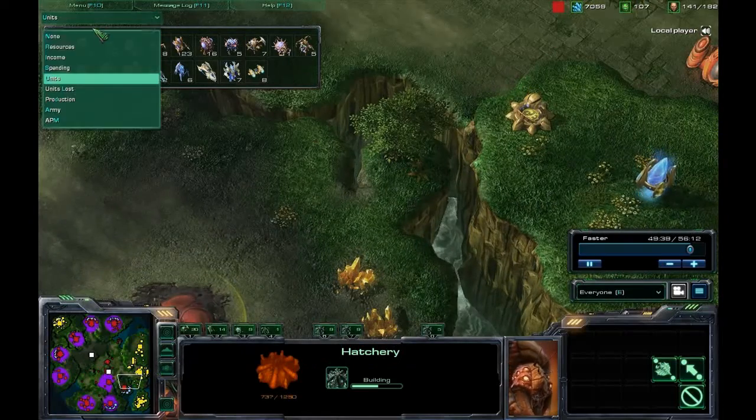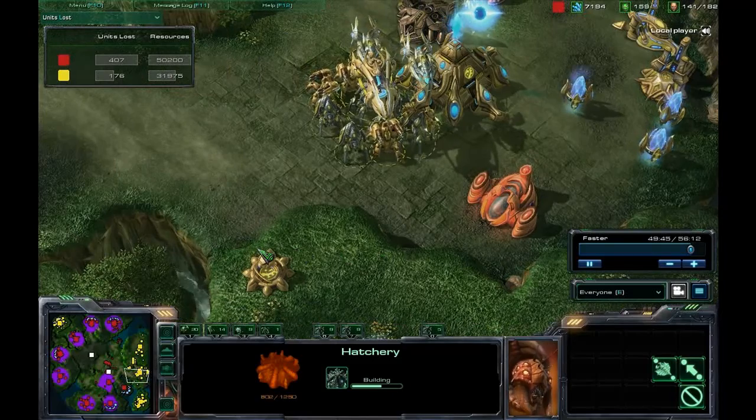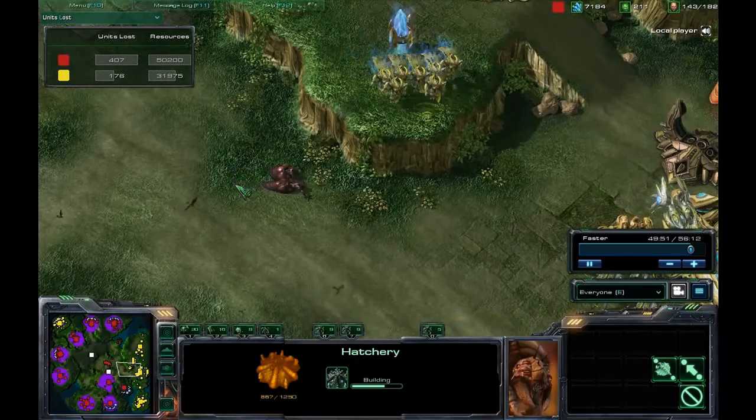We can take a look at the units lost overlay here and see that he has lost a lot more units in resources. 407 units going down versus the